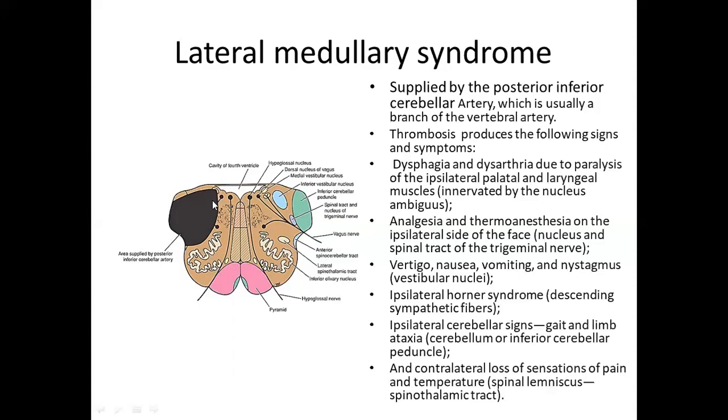So above this level, above the olives, we will have the medial lemniscus, the spinal lemniscus formed by the lateral spinothalamic tract, and the trigeminal lemniscus formed by the spinal tract of the trigeminal nerve. And also, above this level in the pons, you will see the lateral lemniscus forming from the vestibulocochlear complex. So this completes the medulla, the external and the internal features.